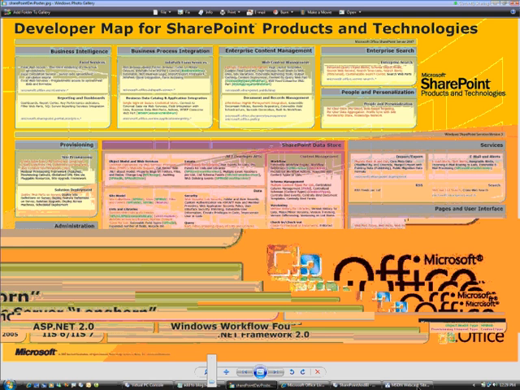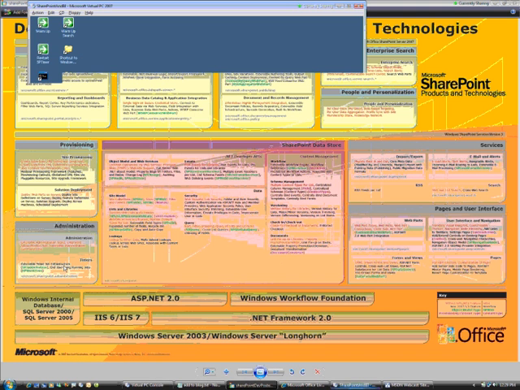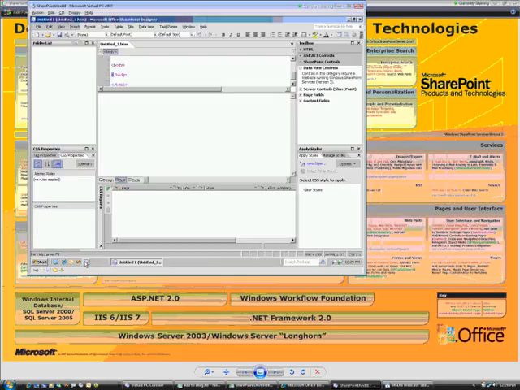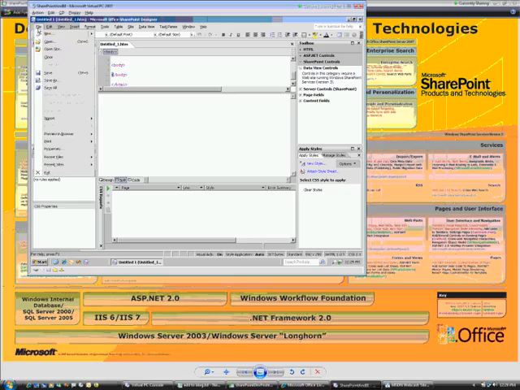Okay. That being said, let's go back to our virtual PC, which hopefully will look good on everybody's screen. We're looking okay, Mike? Yep, we're doing good. Okay. And let's open up SharePoint Designer. And inside of here, I'm going to go to the File menu, and I'm going to make a new